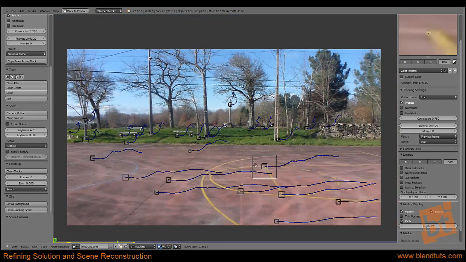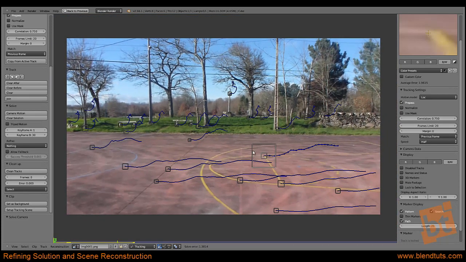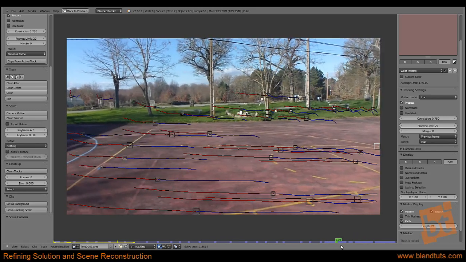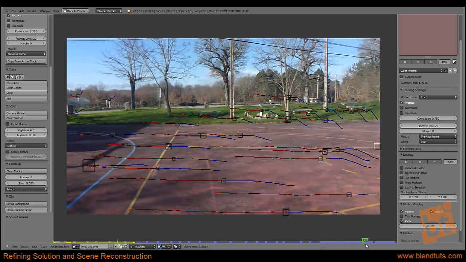So if we have a perfect track, it will fit perfectly, but in this case, as some points are slightly sliding through the video, there will be some error. Also, it's a very big shot. Some points are appearing and disappearing, entering and going out of the scene. We also have this part, the last part of the video, can be a little problematic because in this area